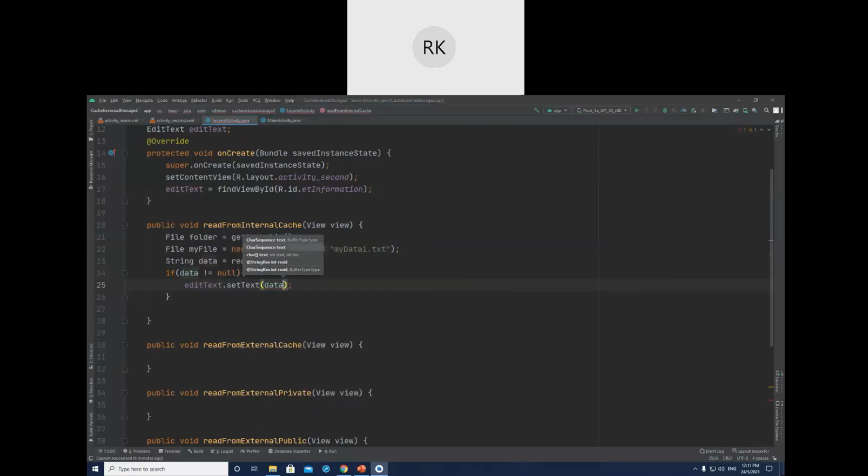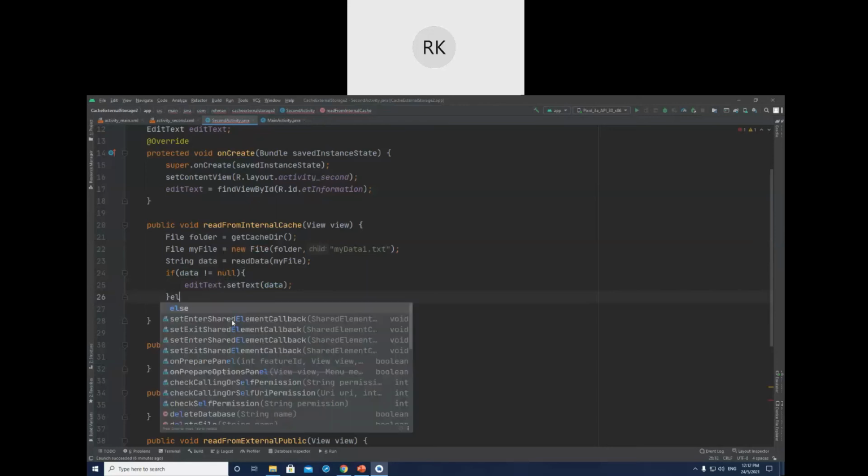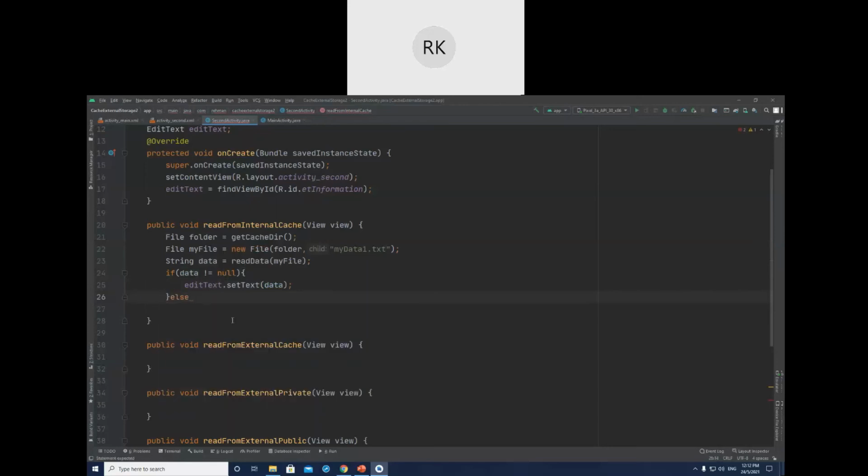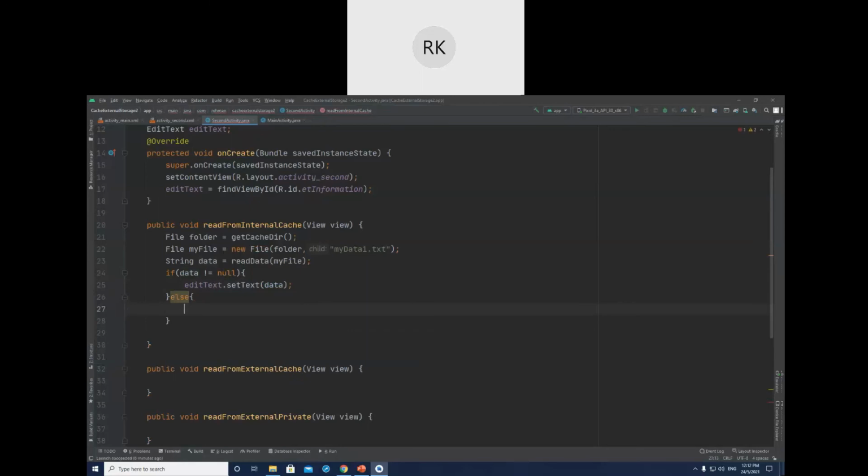If the data is available, it will be displayed. Else, you can actually display something else, maybe editText.setText with some message like no data was returned.